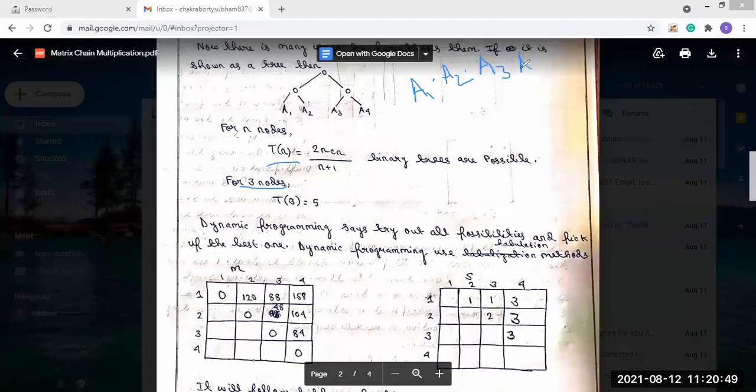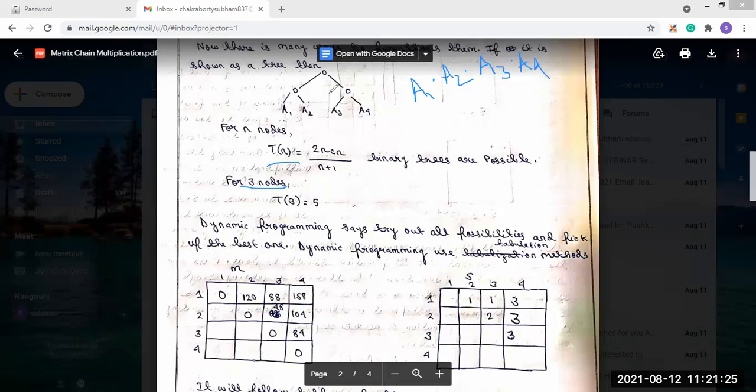This is A4. So this is our given problem. So 1, 2, 3. The number of multiplications is 3. That's why, you see, the multiplication is shown here. This is multiplication, this is also multiplication, this is also multiplication. So we consider each as a node in the tree. So that means our 3 multiplications are present, that means 3 nodes are present.